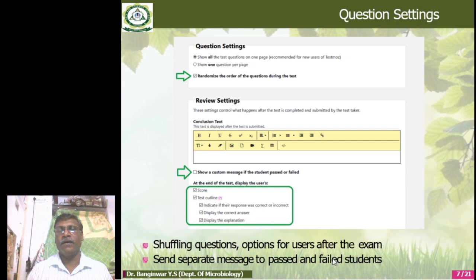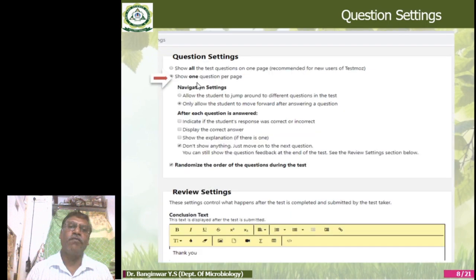Now if I am selecting the second option, show one question per page, you get the navigation setting. Allow the student to jump around to different questions, so from first question to the third one, third to sixth one, 15th one, 14th one, okay.